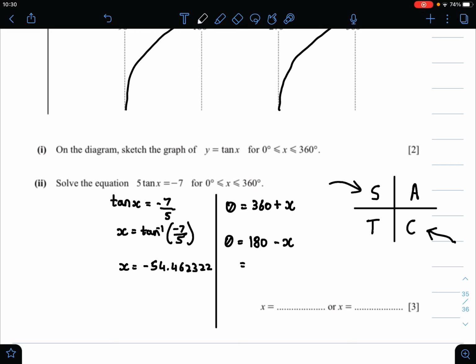So all you need to do now is input this calculation into your calculator. So 360 plus x will give you the value of theta as 305.5376, and 180 minus x will give you the value of theta as